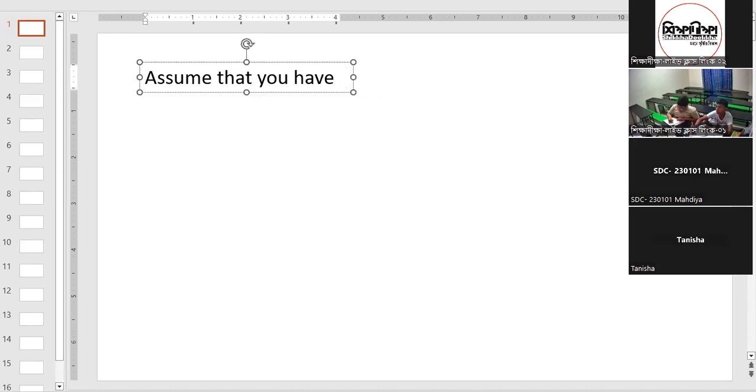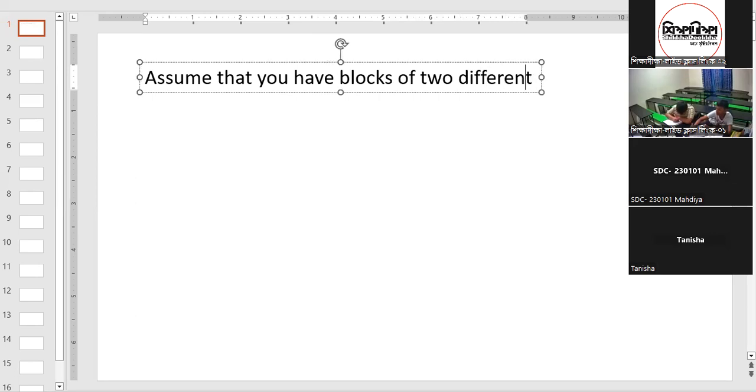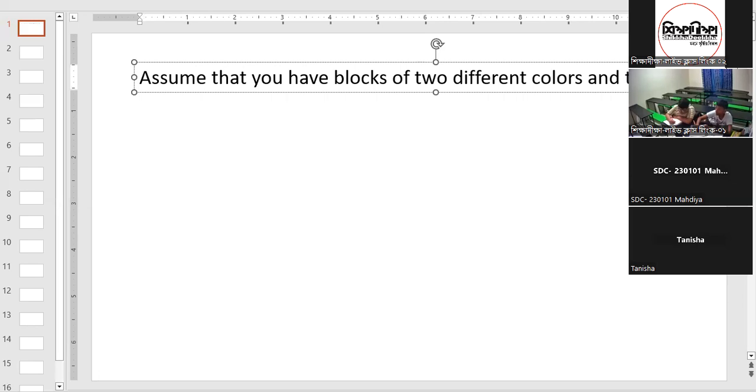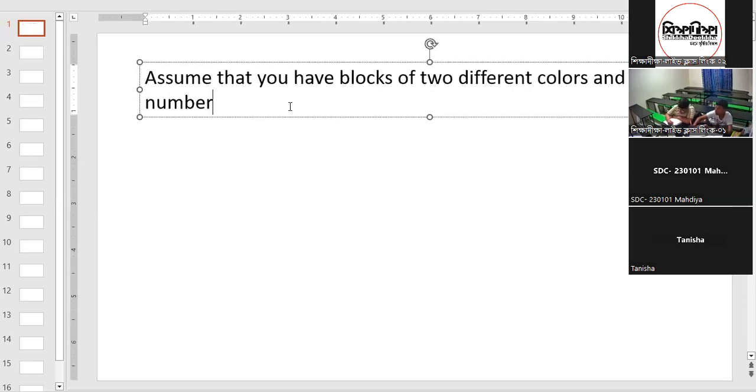Which blocks of 2 different colors, and the number of blocks from one block is one more than